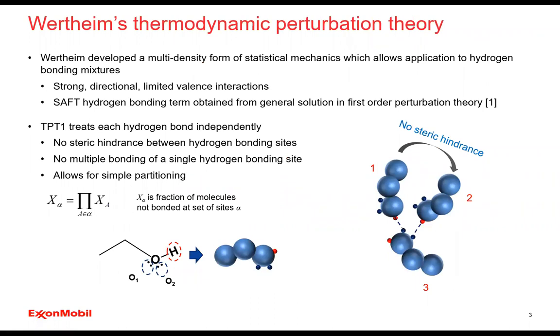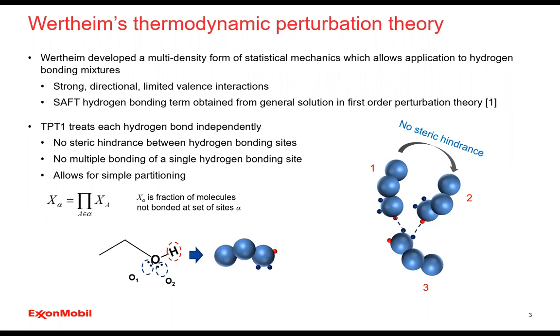In the 1970s and 80s, there was a lot of effort to try to develop cluster expansions for hydrogen bonding fluids. This was very difficult due to the fact that hydrogen bonding is a very strong interaction, which means it's difficult to evaluate in perturbation theories, and it's highly directional. And this directionality leads to a limited valence. The limited valence is the extremely difficult part. Limited valence means that the interaction can saturate with a single interaction. And this is the difficult part, which is to include in a general reformulation of statistical mechanics.